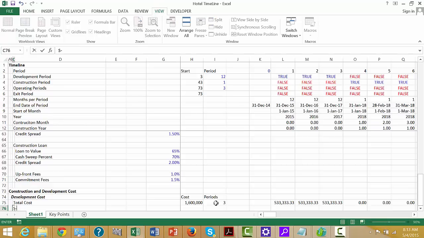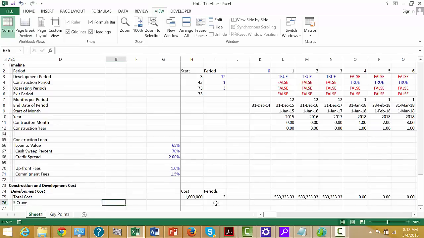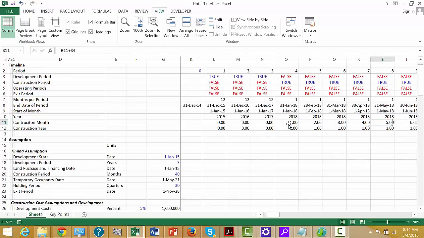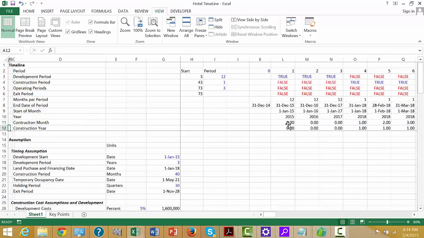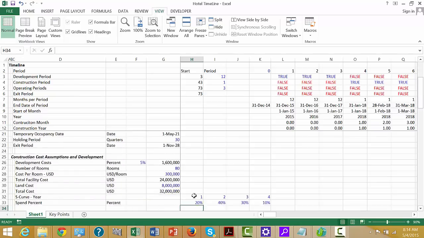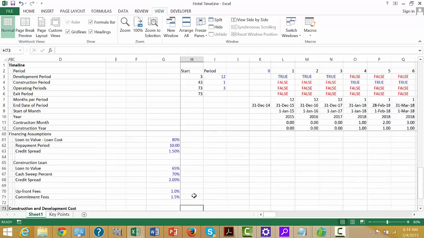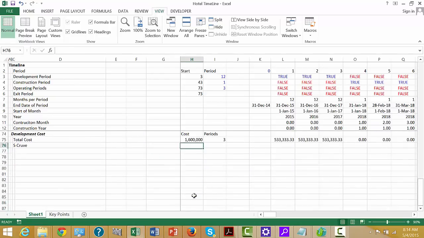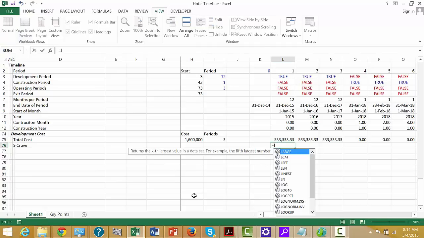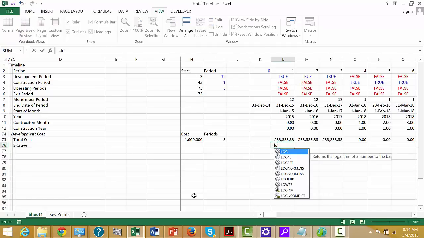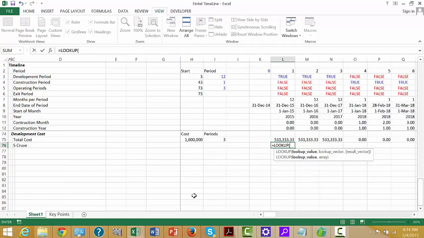And then let's put our S curve. Now I'm going to do this fairly quickly. You could use the VLOOKUP, or HLOOKUP, and we have this construction month here, but I'm just going to use the lookup function, and so we look up, and you see we have lookup, and what you do is you first say what's our construction month, a year,